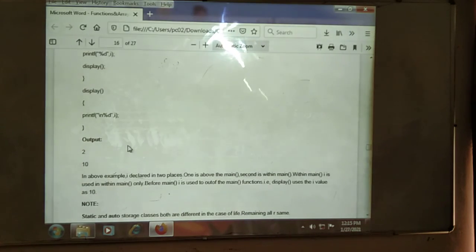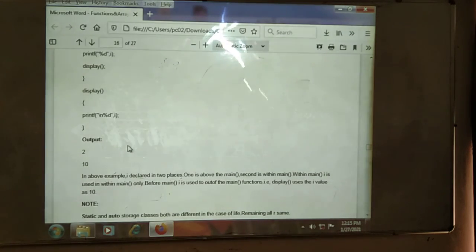In the above example, I is declared in two places: in the global declaration and within the main. One is above the main, the second is within the main. The one within the main is used within the main only; the one before main is used outside the main function.